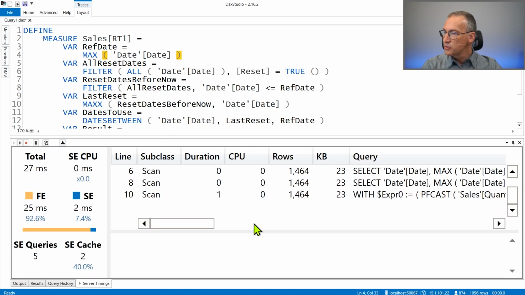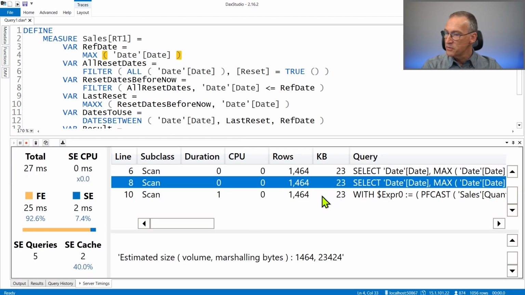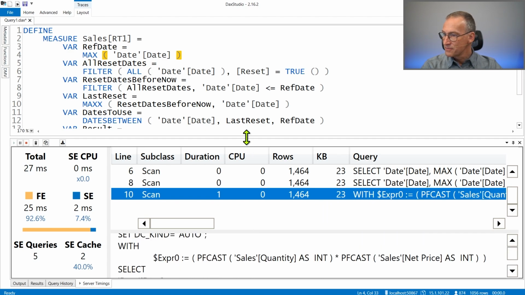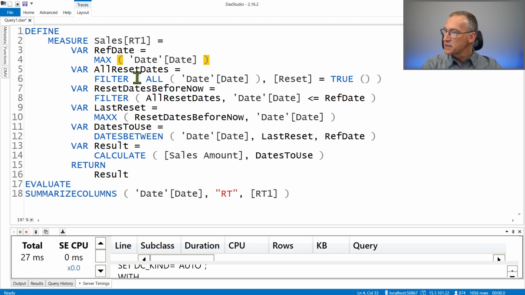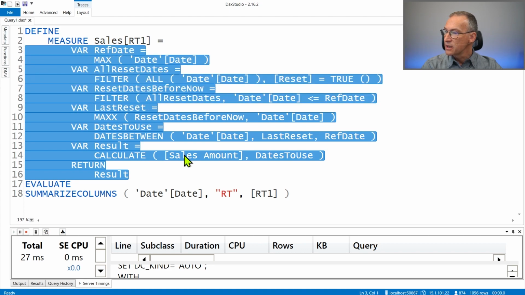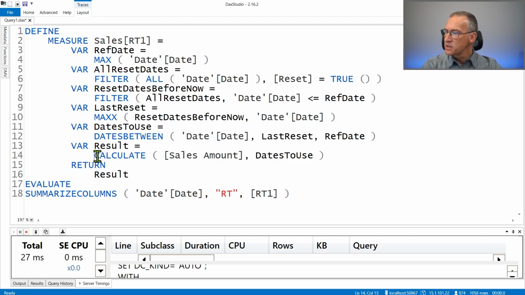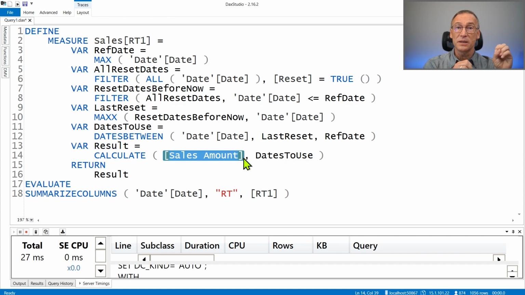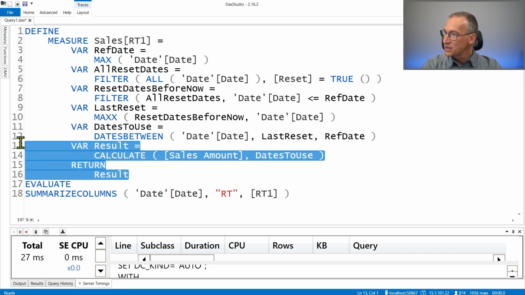Because we basically reduced the number of calculations that need to be performed by the formula engine. So this is a way better piece of code to compute the resetting running total. By the way, it's written in a nice way because you see that at the end it's just a CALCULATE of sales amount with a filter over the dates. So by replacing sales amount with selected measure, you can transform this into a calculation group that works on any measure. Actually, we can't do that. I mean, we can just take this code,